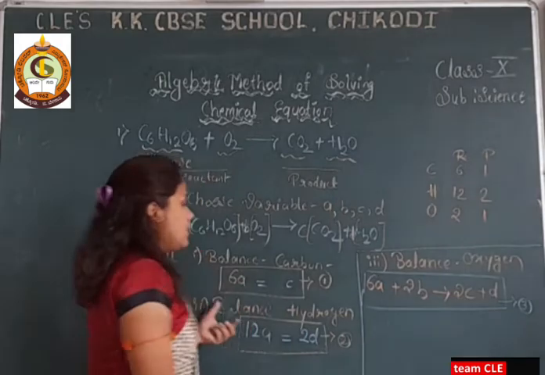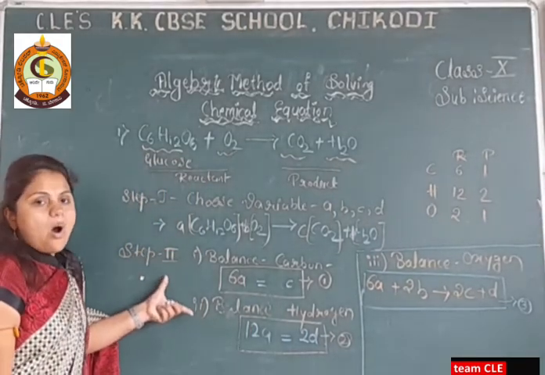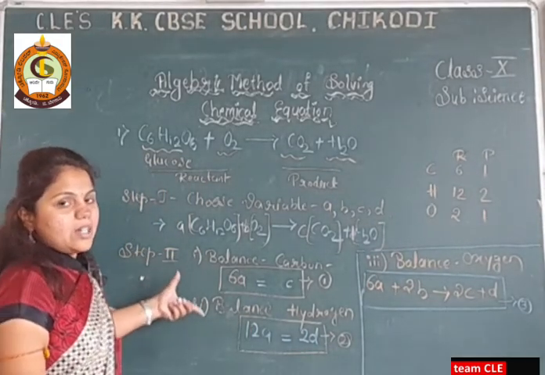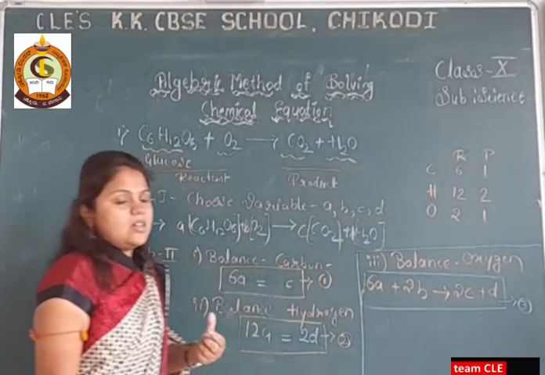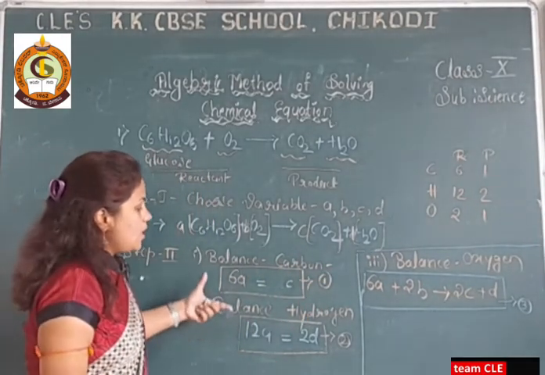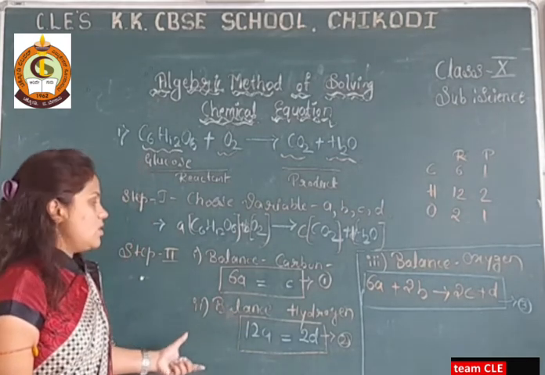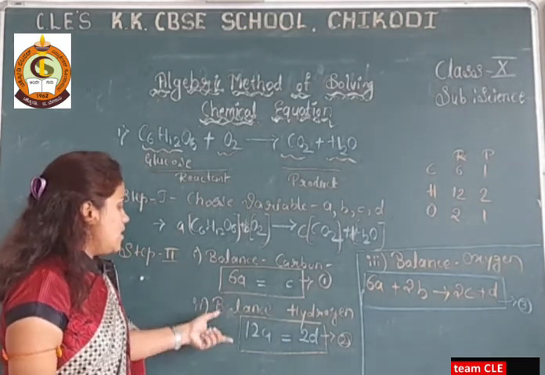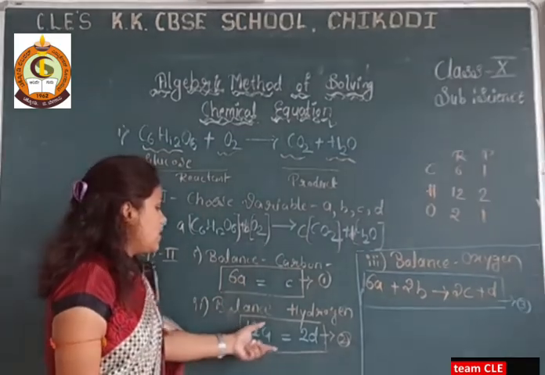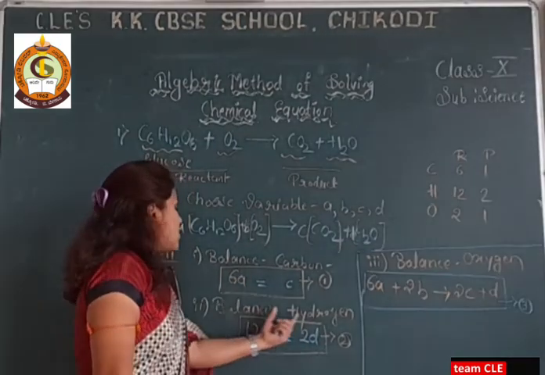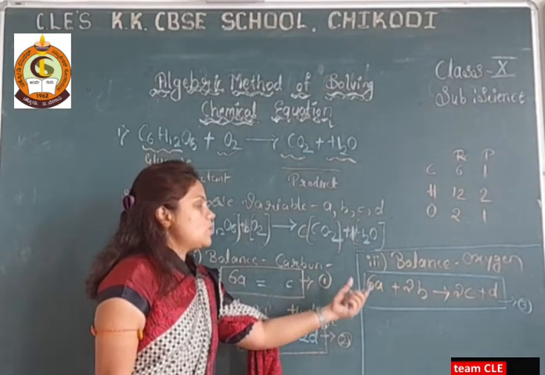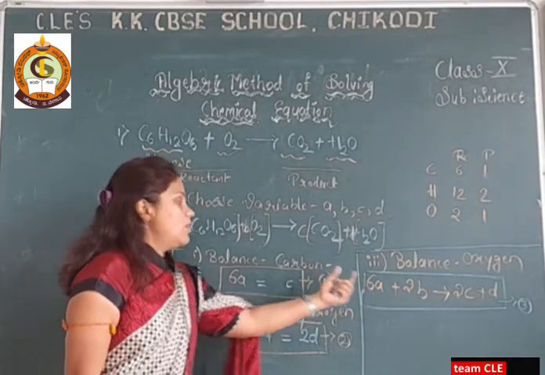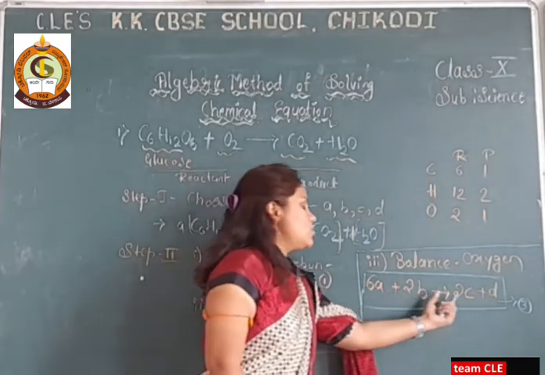So finally we got all three algebraic equations, for carbon, for hydrogen and for oxygen. In the next step we are going to solve these three equations. So first one, 6A is equal to C. For carbon, 12A is equal to 2D for hydrogen, and for oxygen 6A plus 2B gives rise to 2C plus